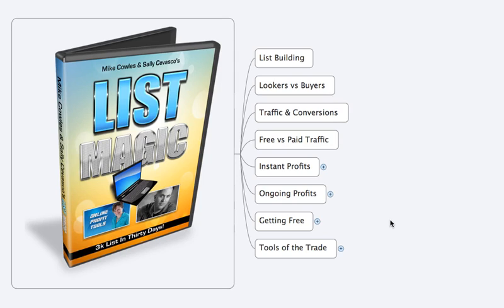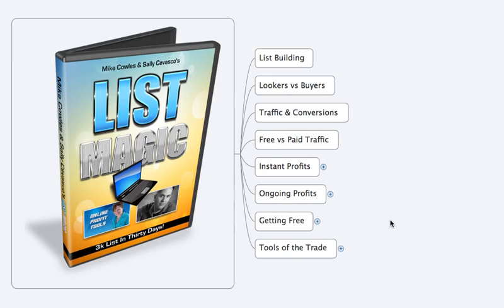Basically, when we're building a list, we're building a list of email subscribers. We're not building a list of names, okay? We're not building a list of phone numbers or addresses. That can happen in the future, and that's a good idea too. But initially, this is really all you need in order to have a super plentiful, profitable full-time income: all we have to do is build a list of emails.